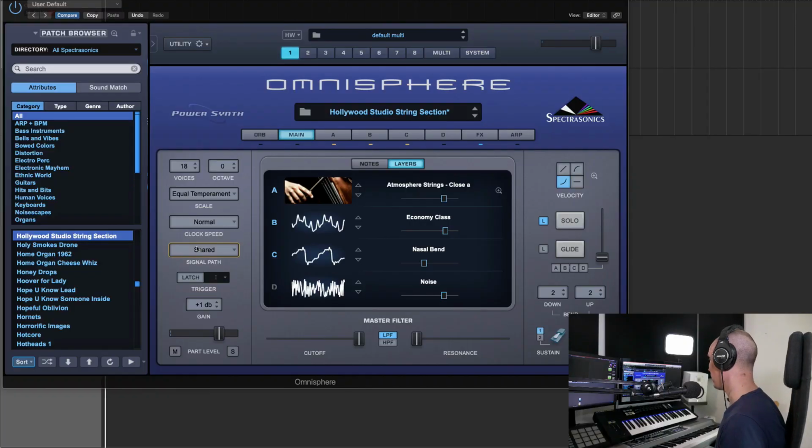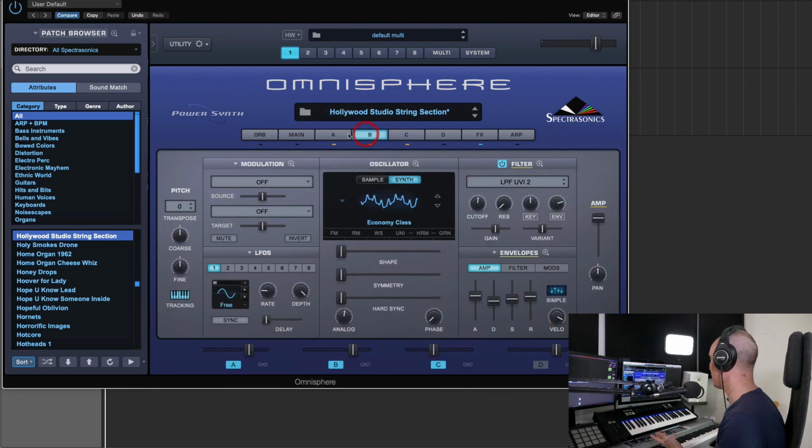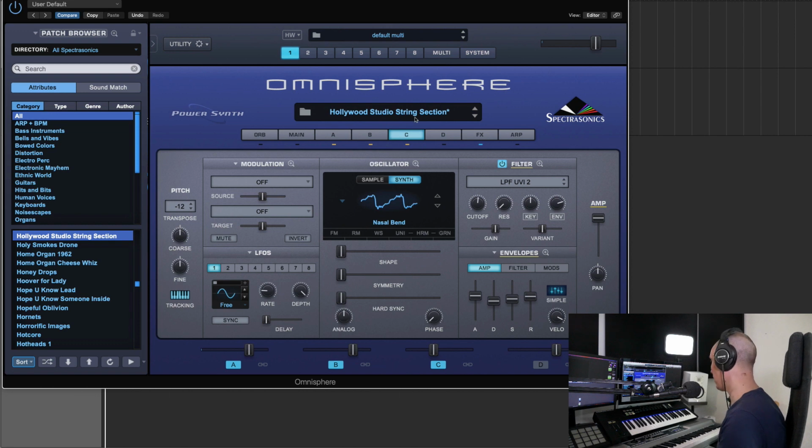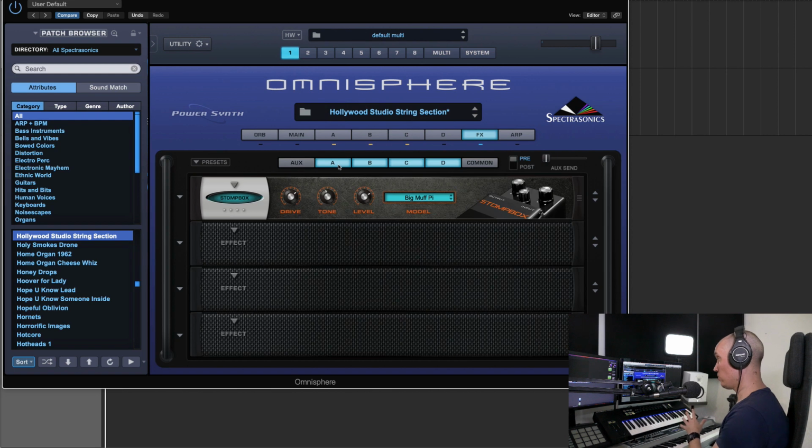Alright, so check this out. When you have clicked the shared button here for the signal path and added the layers you want, synth or sample based, so that you have a sound that you enjoy, like this one here, for example. If you go into the effects chain, check this out. You can see here already all these A, B, C, and D are all blue, and I can't change that